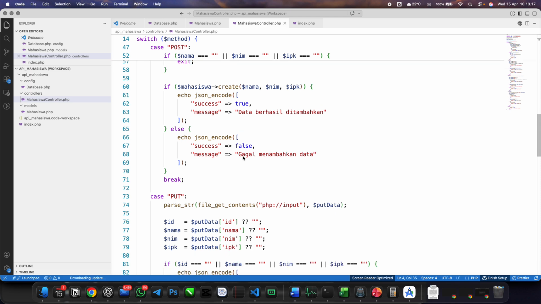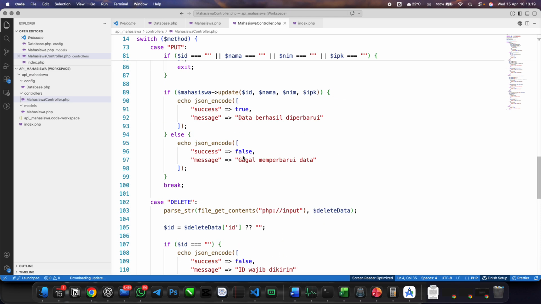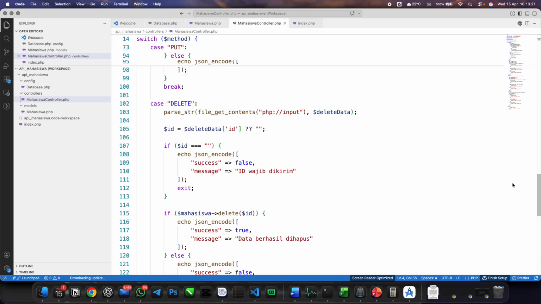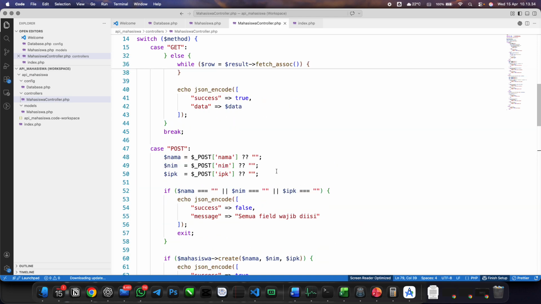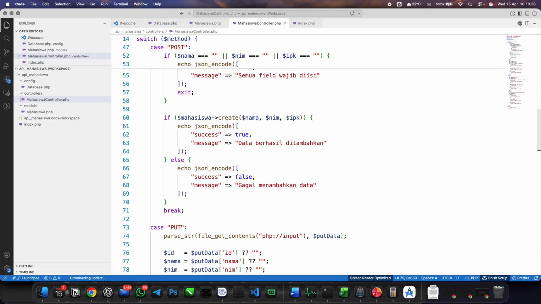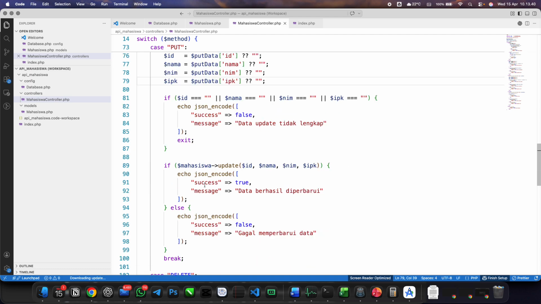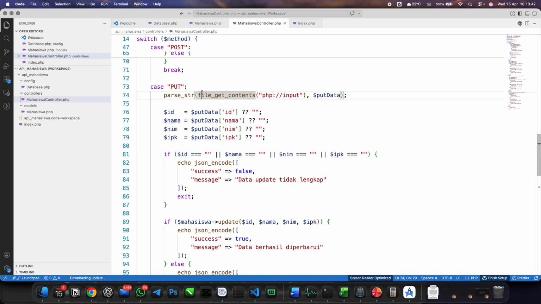When you try to access index.php, it should return the actual content of your mahasiswa table. This is the most important one, to input the data, and you have to make sure that it is running well. Parse string, file get contents, php input data.